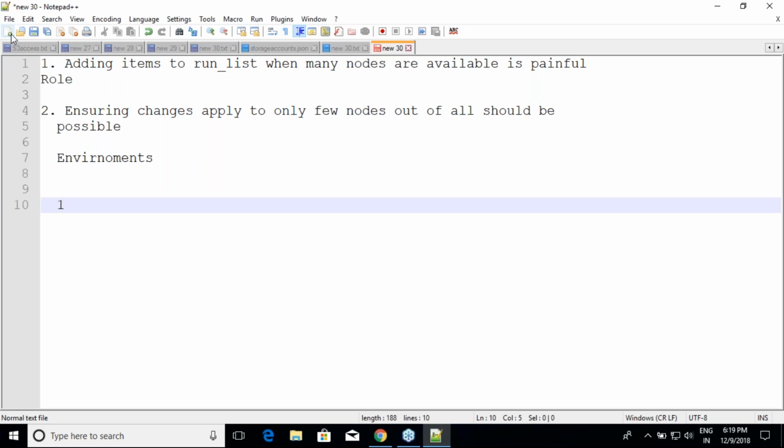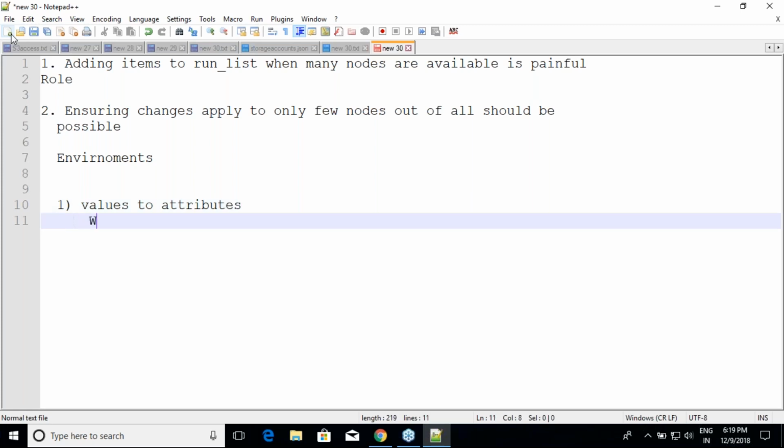Let me add one more stuff. We were adding, I'll be calling it as values to attributes. So for something like default of lamp of package underscore name equal to Apache 2 or something like that. So where can I change these values?